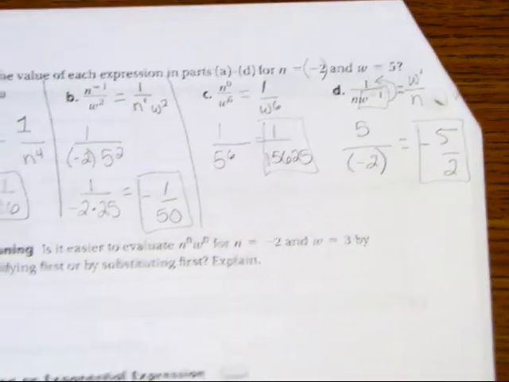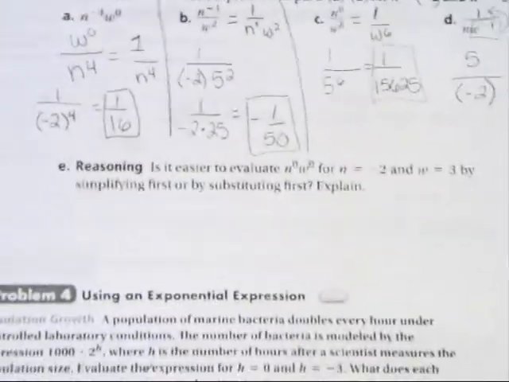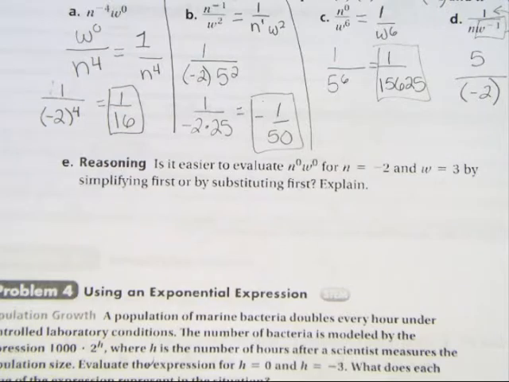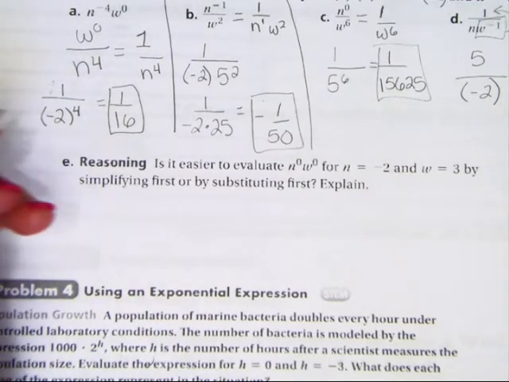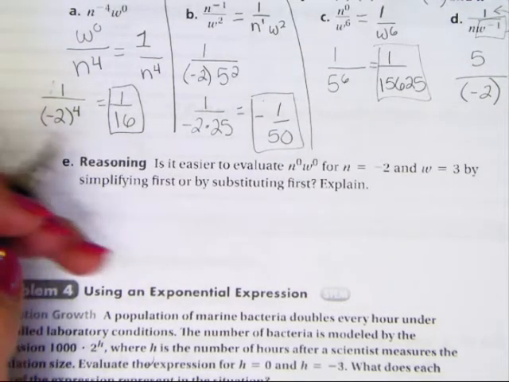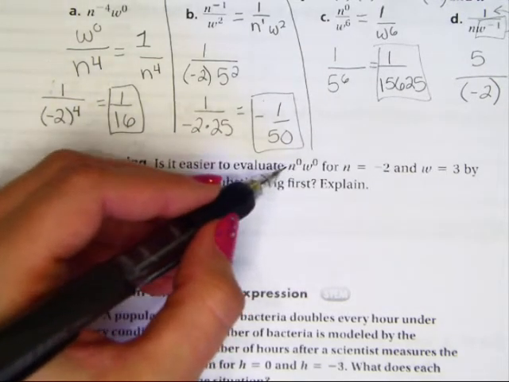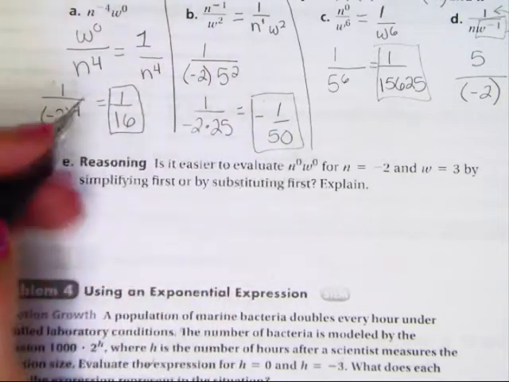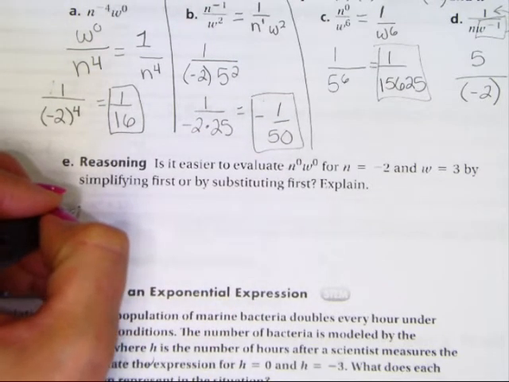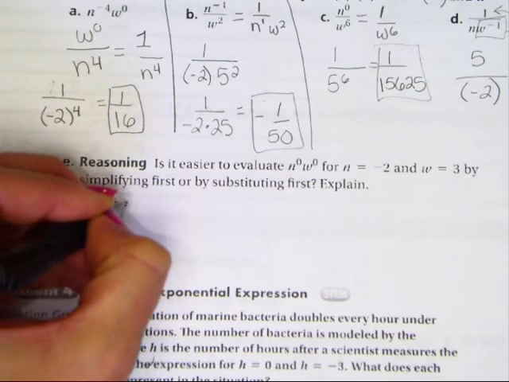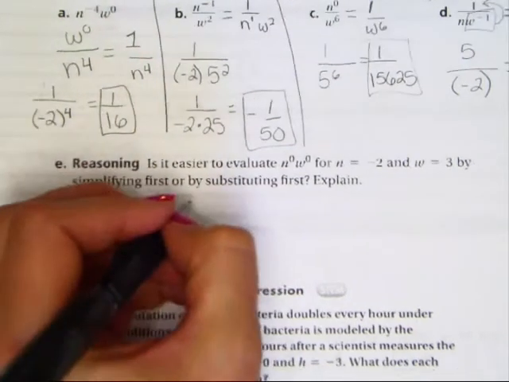The last question here is part E. It says, is it easier to simplify it first or should you substitute first? That is a personal preference. I believe, personally, I think it's easier, like this problem in particular. See how it says N^0, W^0? This one is definitely going to be easier to simplify first